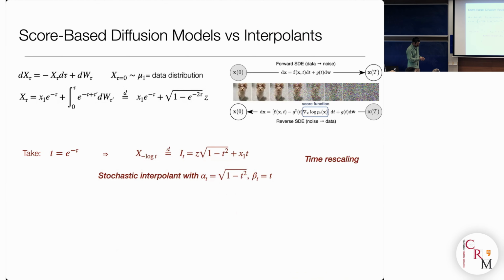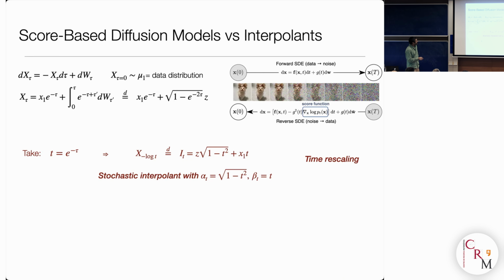Suppose that the way you go from data to the noise is through an Ornstein-Uhlenbeck process. And I'm using tau here as a different time just so that the connection becomes clear in a minute. So you can actually solve this equation explicitly using the Duhamel principle. And the solution is actually telling you what? It's telling you that the data is fading out exponentially and is being exponentially replaced by a Gaussian noise. This is what you see along this.